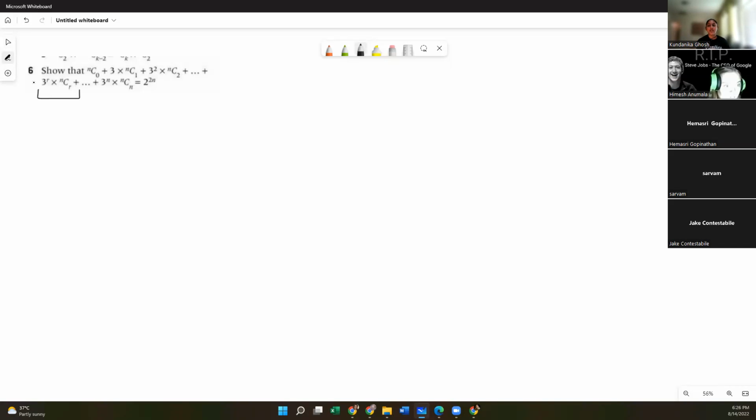For the general term, there's actually not a set equation for it. For arithmetic sequences and series, your general term is going to be u sub 1 plus your difference times n minus 1. For a geometric sequence and series, your general term is going to be u sub 1 times r to the power of n minus 1. So over here, this is your general term for the binomial expansion.